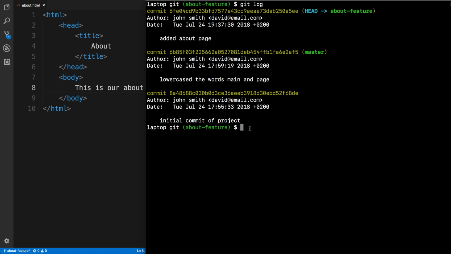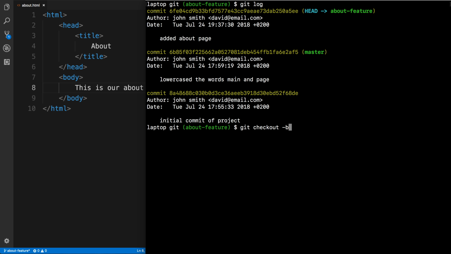So what we can do now is, from the about feature, we want to be able to delete a branch. All right, so let's just say that this, how can I do this? Well, we'll say then